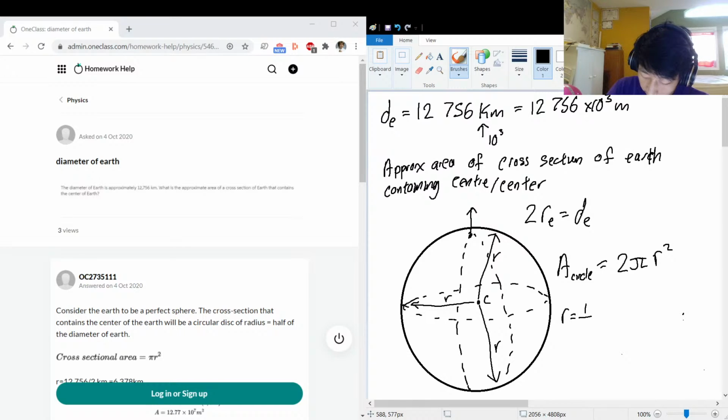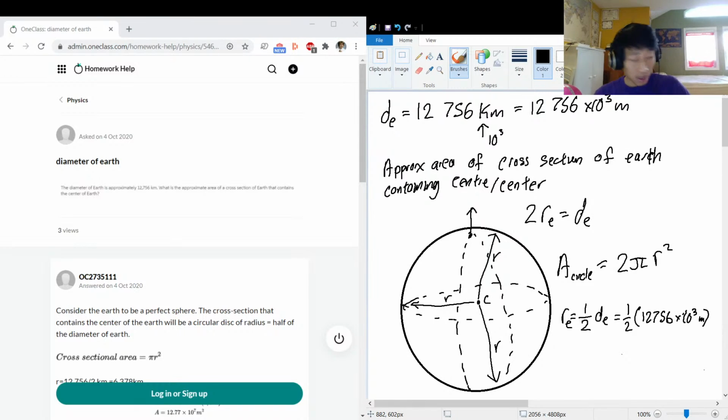It's going to be 1/2 times dE, that's RE. So there's going to be 1/2 of 12,756 times 10 to the 3 meters. Pulling out my handy dandy TI-84 calculator, my favorite calculator on the planet. So we got 12,756 times 10 to the power of 3. Divide that whole thing by 2, and we get the radius of the Earth is